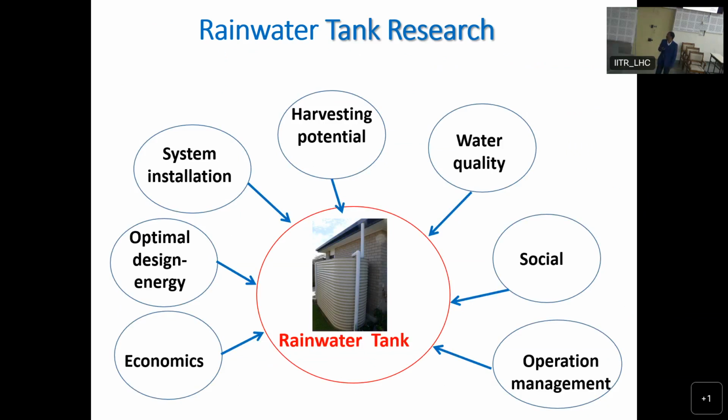System installation. We need the installation aspects regarding the rainwater tank here. Optimal design, energy, and economics. Economics also plays a main role: how much money you need to do these things. Other things, like water quality, are also a main issue, and social issues, and operation and management. These are all required